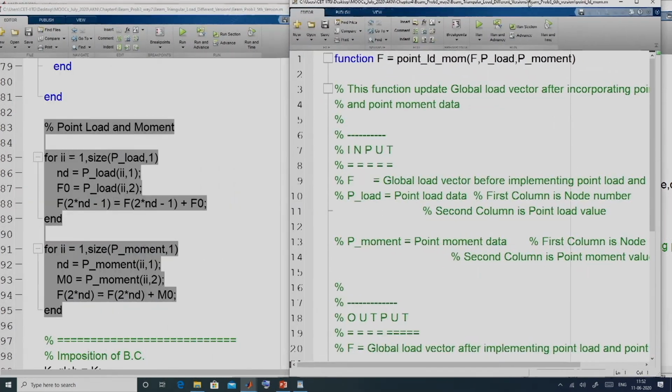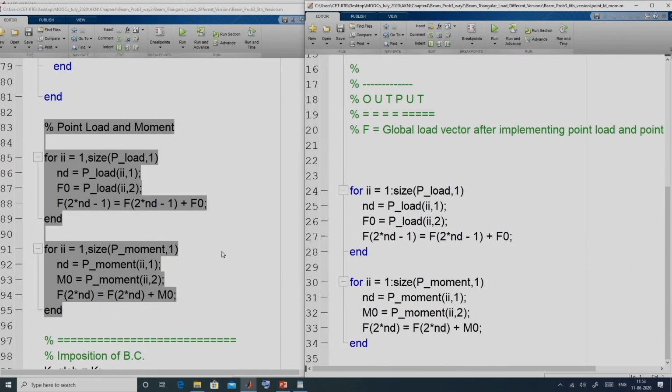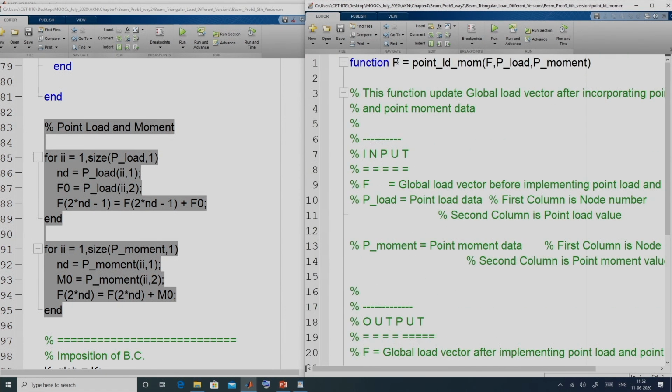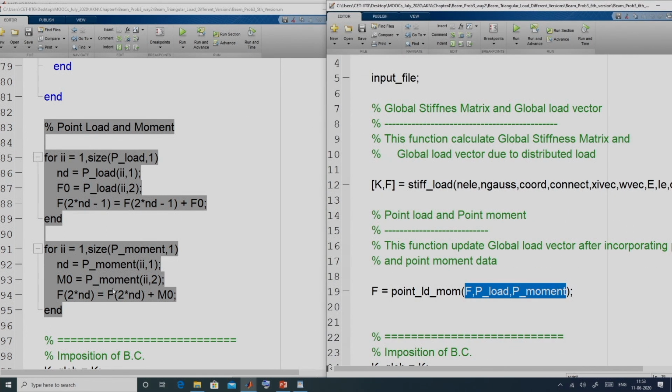In this function we do the same operation and it returns the modified F. So, this portion is carried out using this function.